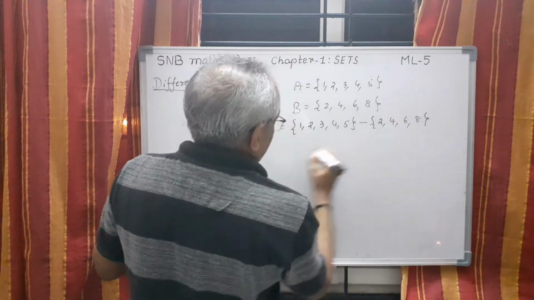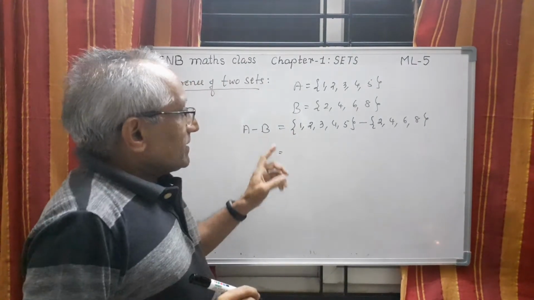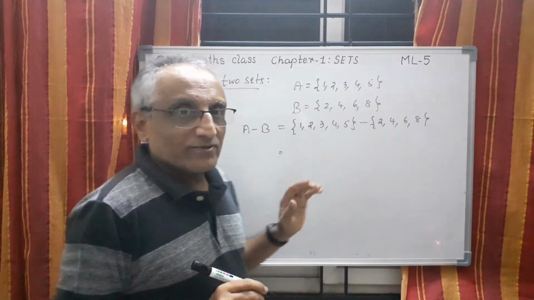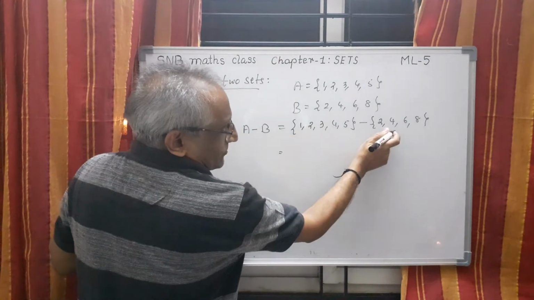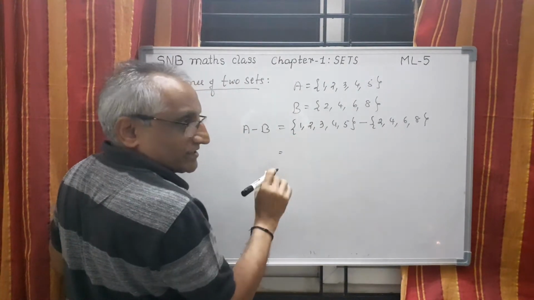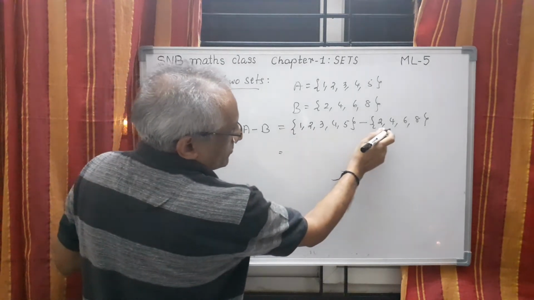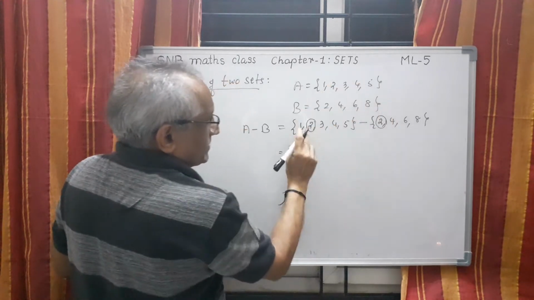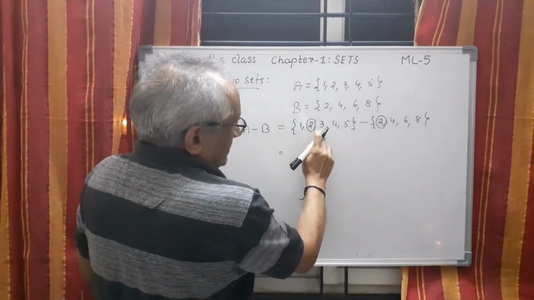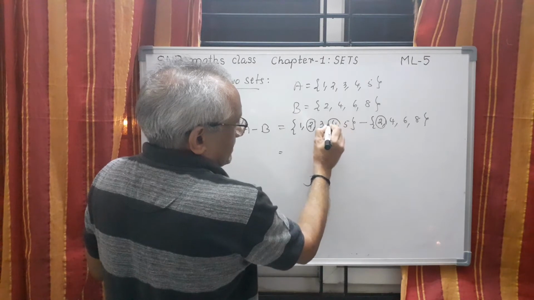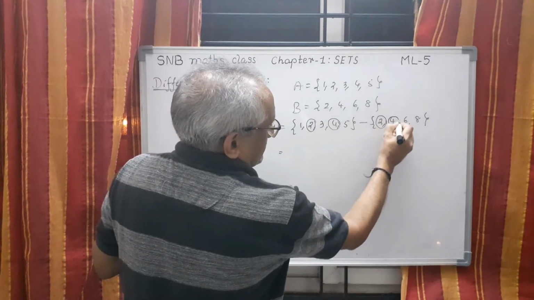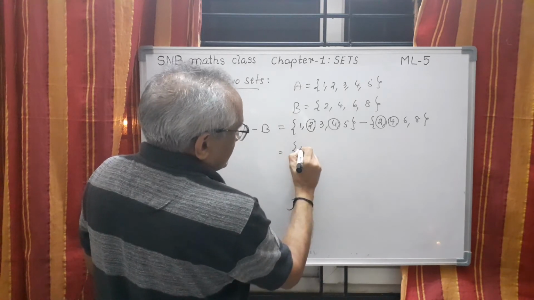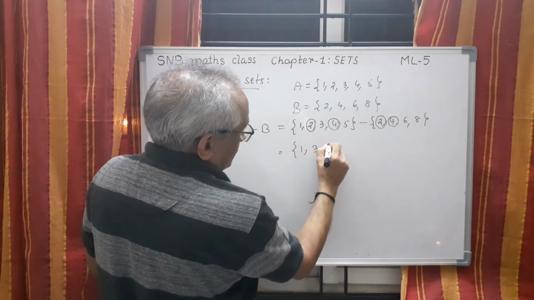Now what you have to do is, if an element is here and here, those elements only you have to exclude. That means here you see 1 is there, 1 is not here, so no problem. First we check like this. 2 is here, 2 is here. Therefore I have to round off this 2, so this I cannot write. Then 3, no problem. Then 4 is here, then 4 is here. This you have to round off. So what is remaining here, you have to write 1, then 3, then 5.